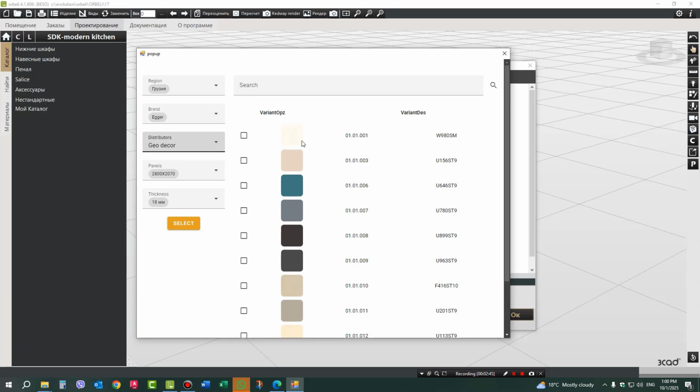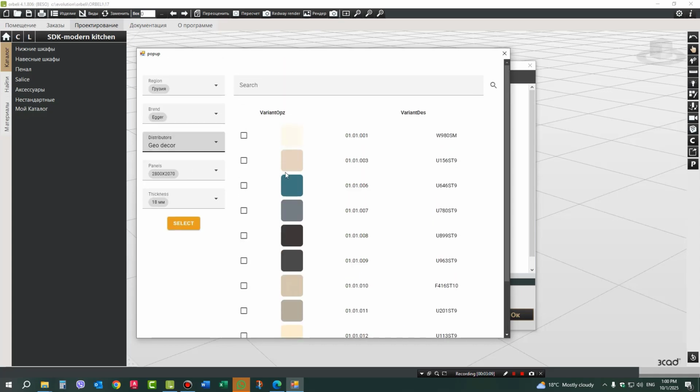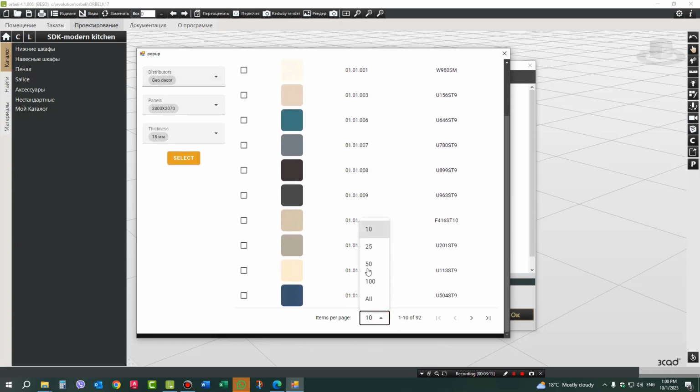The program shows here the different types of materials that these companies currently have in stock, because Egger, which is known for producing a large variety of materials, produces a lot of them. Maybe there are about 300 or 350 options, while these companies might only have 40 or 50 available. That's why, when you select a distributor, this program filters and shows you only the materials that these companies have. All right, so we click on 50,